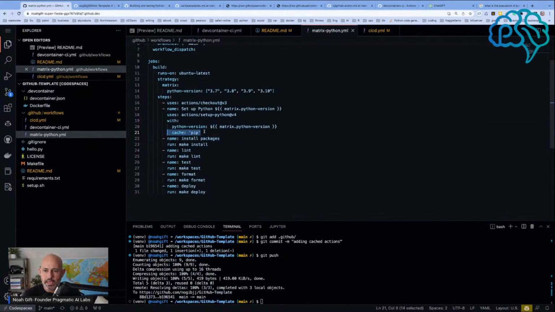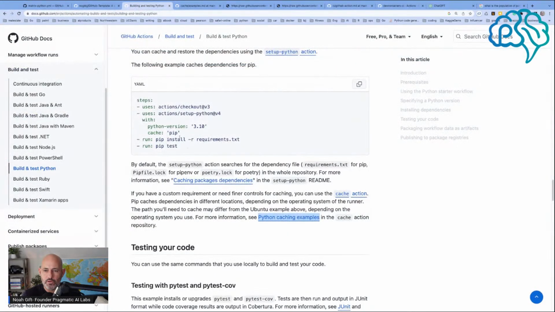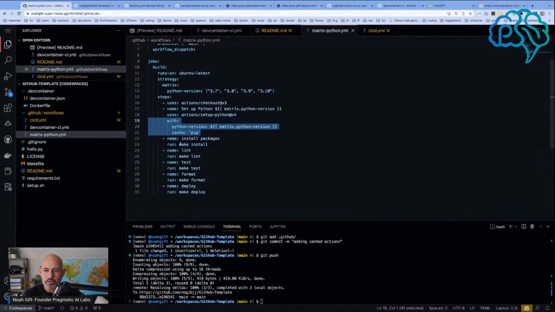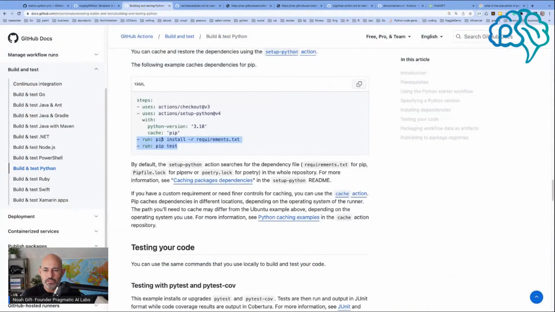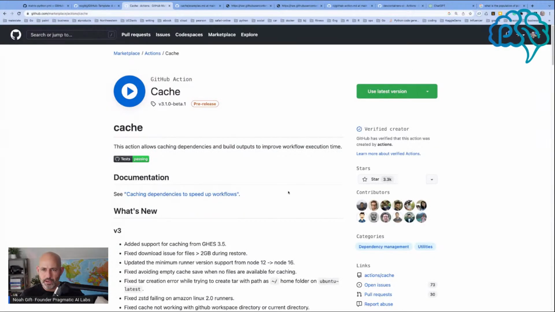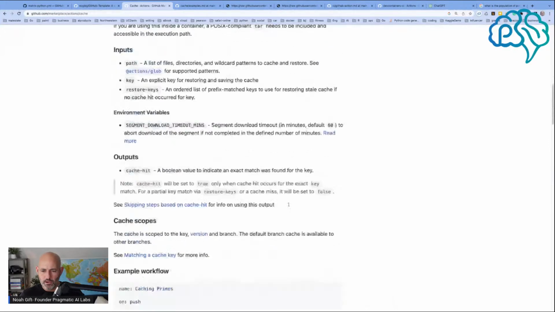With cache pip. Huh, it's interesting. I really don't know. Why does it ask me to do run then right there? Name. But is that good enough? It's hard to know whether this is, I'd have to really dig into this to see more about this. Cache, outputs,